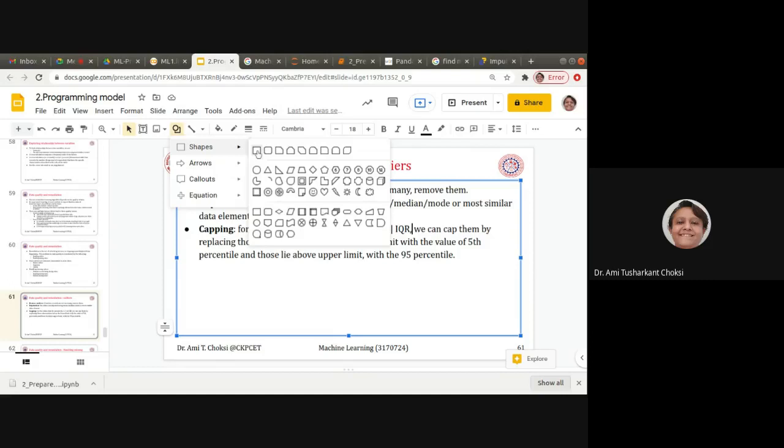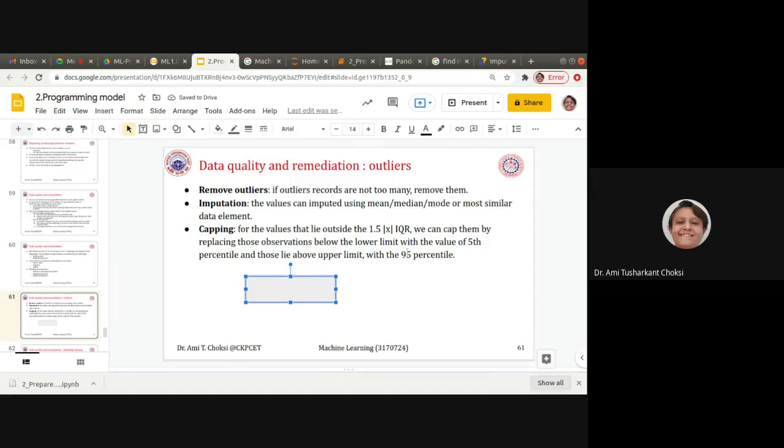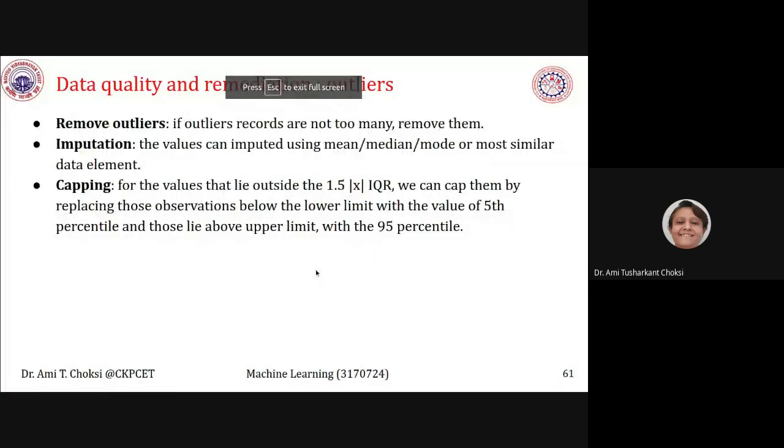If we are having the box plot, let us say this is the box plot, and which is there in the 1.5 IQR. The values which are outside this, if they are lower or if they are higher, then what we do is, whatever values are there at the right hand side, we'll replace that value with this border, that is say 95 percentile. For the values which are less than the 1.5 IQR, we will replace them with say 5 percentile data, right? So whatever data is available here, with that we will replace. Okay. So that is called the capping.